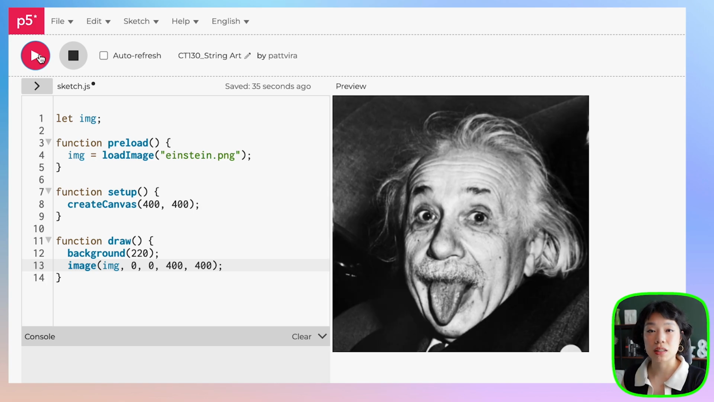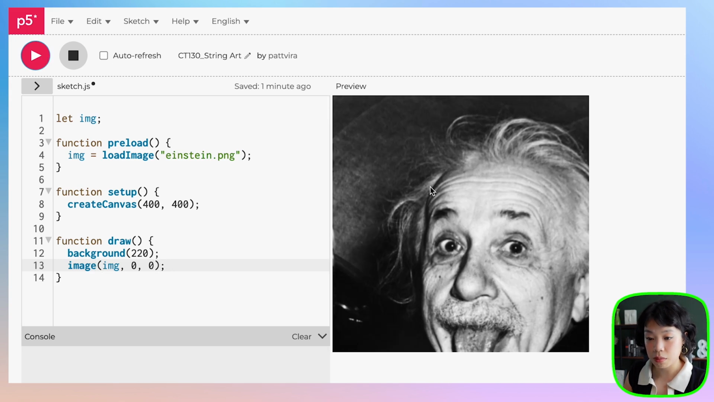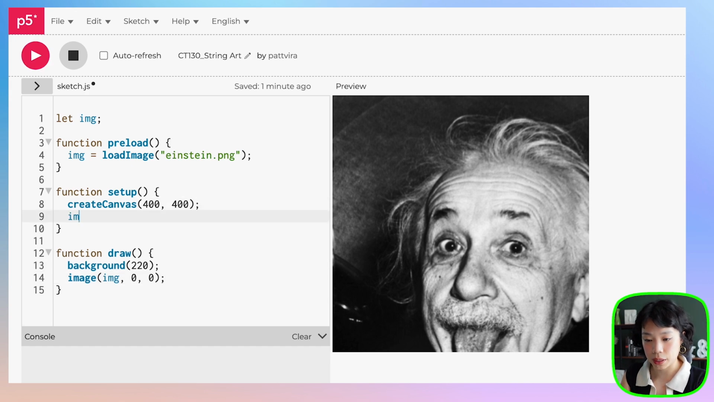But as I mentioned in the steps to create the string art, we want to prep the image by first resizing it and then making it grayscale. As you can see, my image is already in grayscale, but let's just do that. So I'm going to delete this and then click run again, just to show you that the image is actually bigger. And then inside setup, we can resize by putting